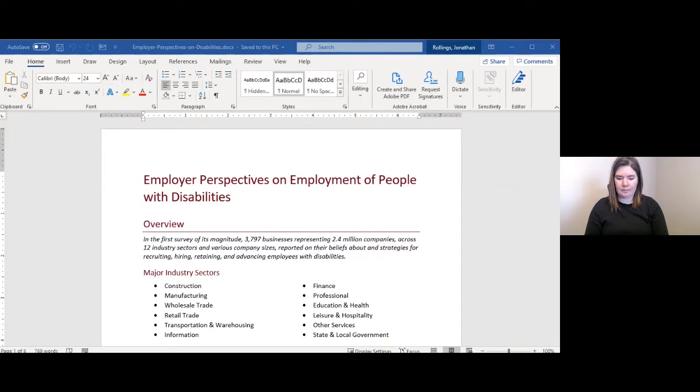So in this next demo, I'm going to show you how we make this Employer Perspectives on Employment of People with Disabilities document accessible. Before we jump in, I do want to mention that if you're using older versions of Office, 2013, 2016, anything other than Office 365, what you see in the features will be different, although the best practices and the approaches are very similar, and they are maintained across those versions of